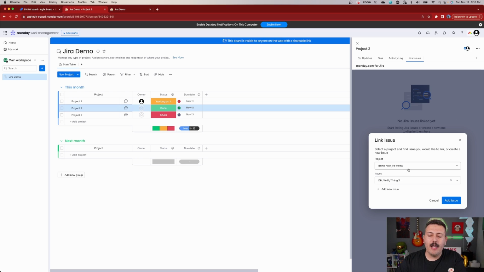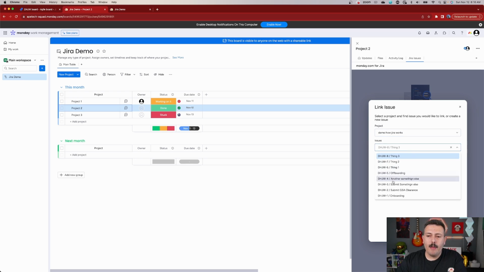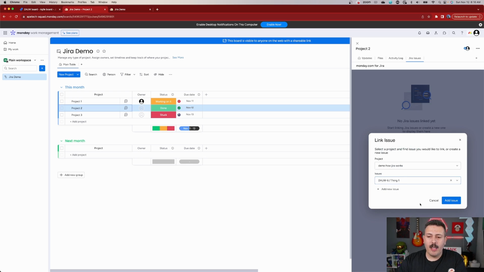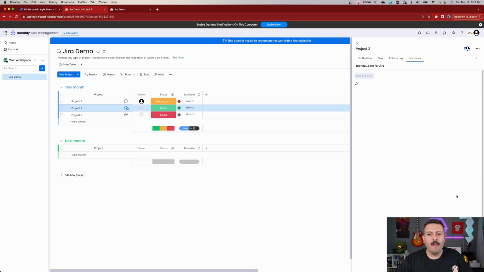And so we can simply come and click into this. We'll pick the project that we're linking into, and then we're going to pick the Jira issue that we want. So I'll pick thing 1. You can add more issues if you want, but I'm going to simply click on add issue. And now a handshake has been created on the Monday side,